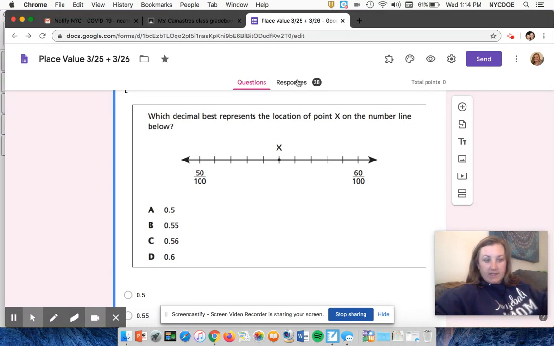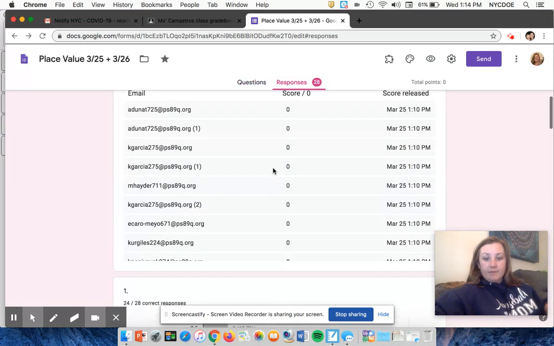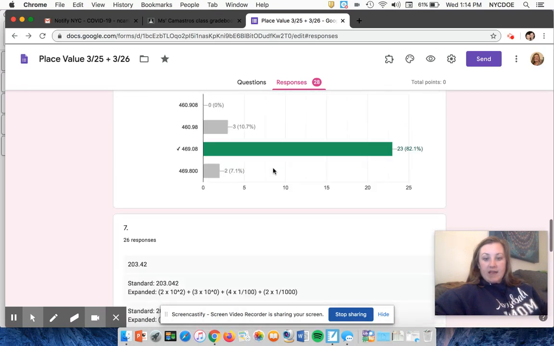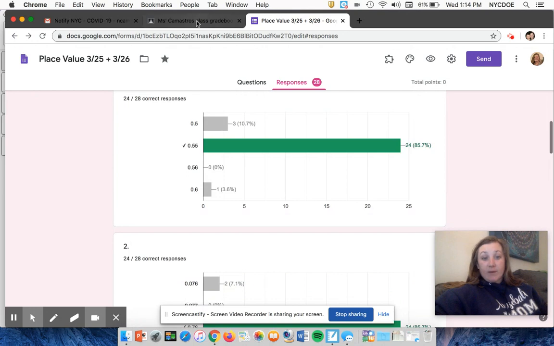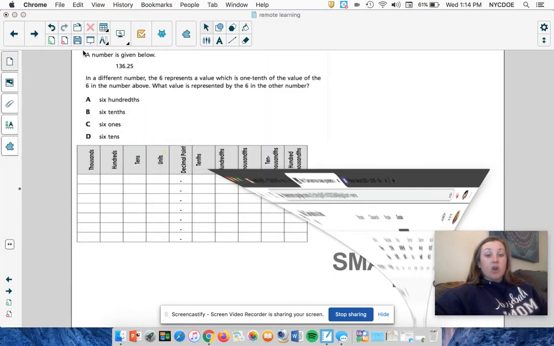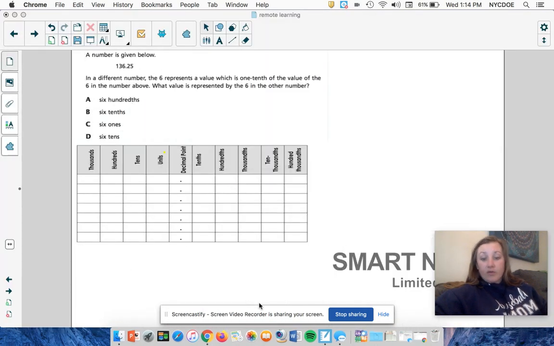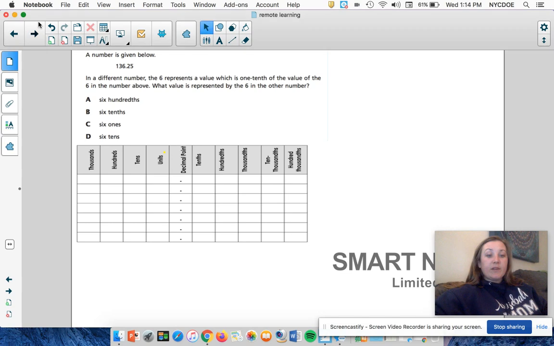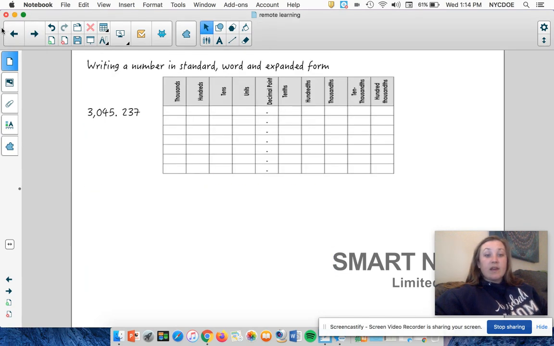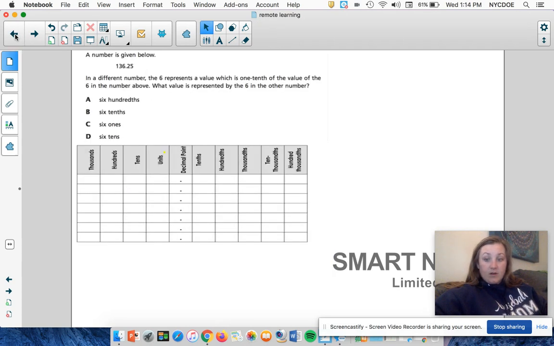I was looking at this place value quiz that we all completed, and I noticed that some of the questions had similar responses that everybody got wrong. So I took some of those questions and we're going to go over them. We are going to focus on place value, and then we're going to move into expanded word and number form. Okay? So first and foremost,